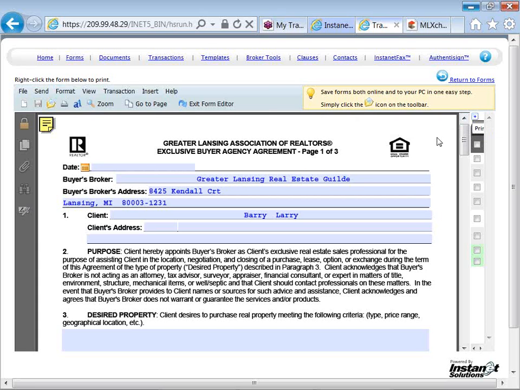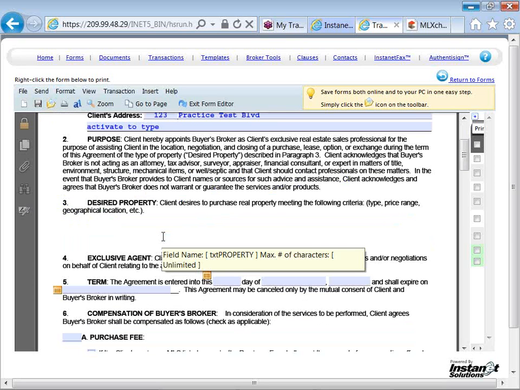Populated with my transaction details. If I had added Barry's address to his contact information, it would have populated into my form. You can click the fields to activate them to type. You can also use the tab key to go from one fillable field to the next, to type,